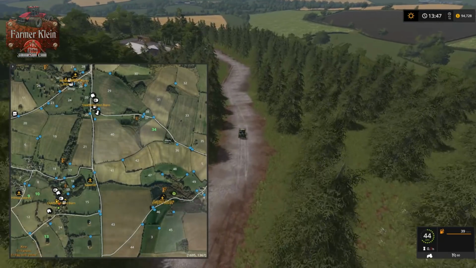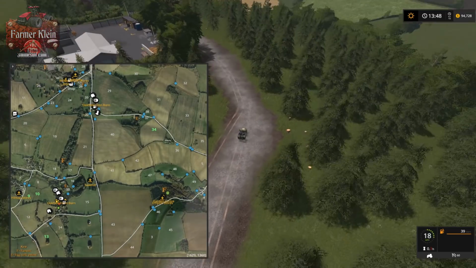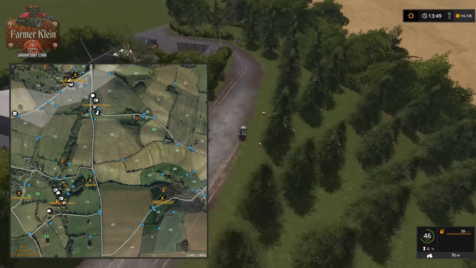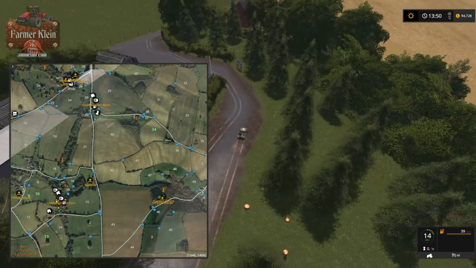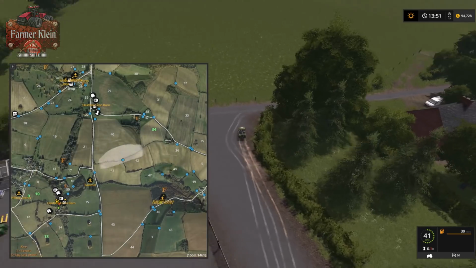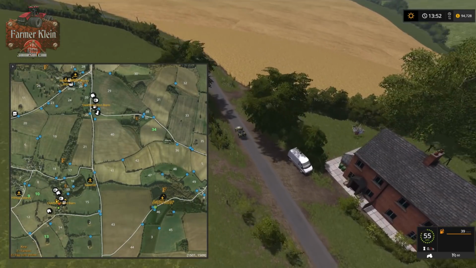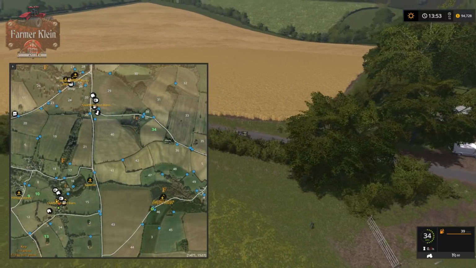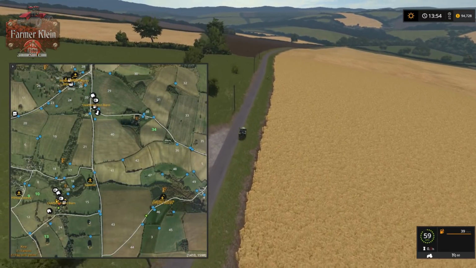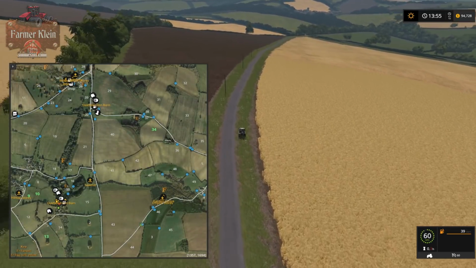To cut across and be able to. Fields probably have collisions on these hedges. We won't be able to drive through. That's okay. We'll just drive back down here to the main road and make our way up to Oak Glen